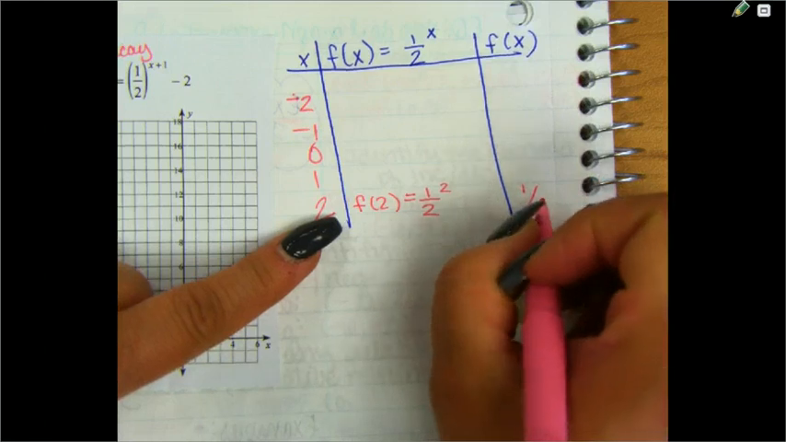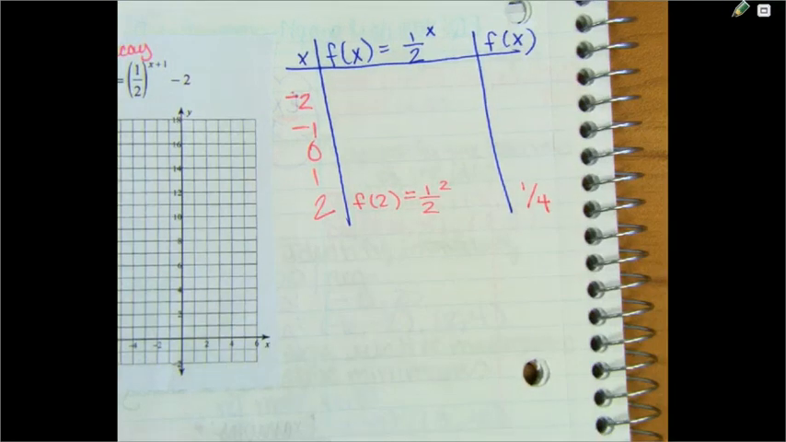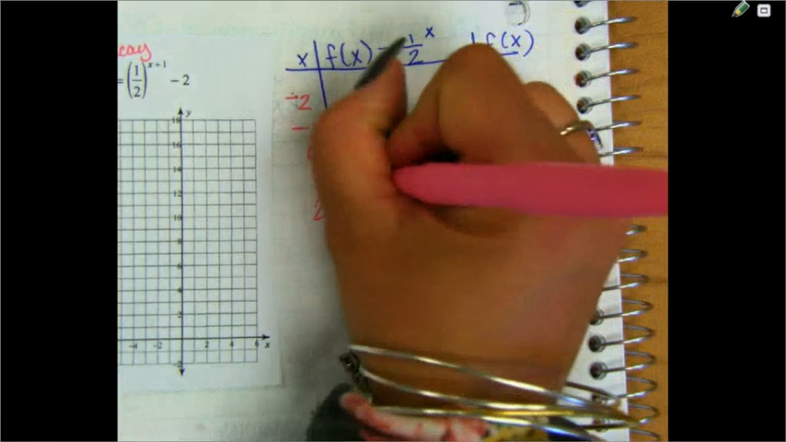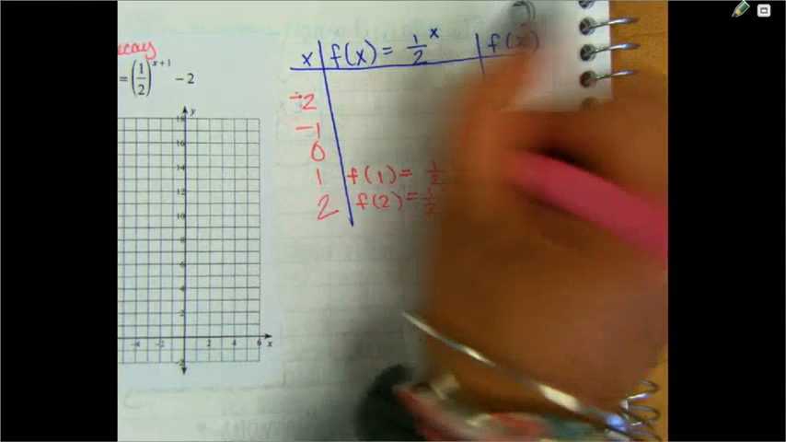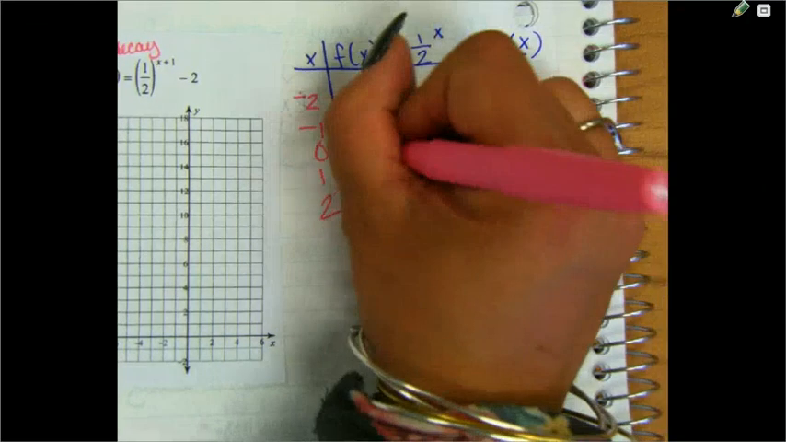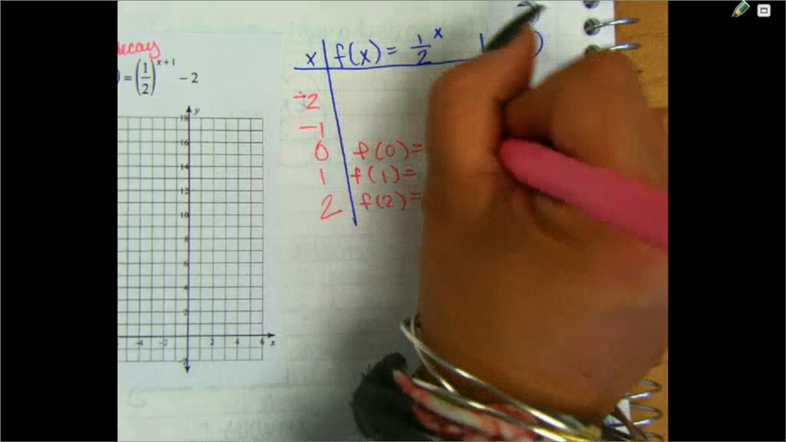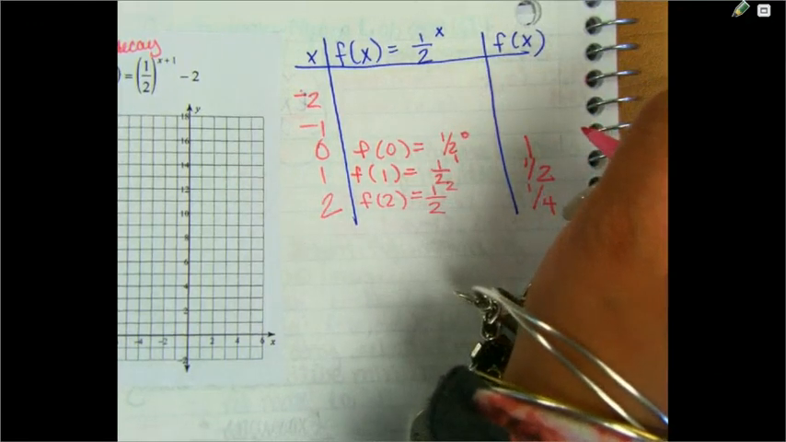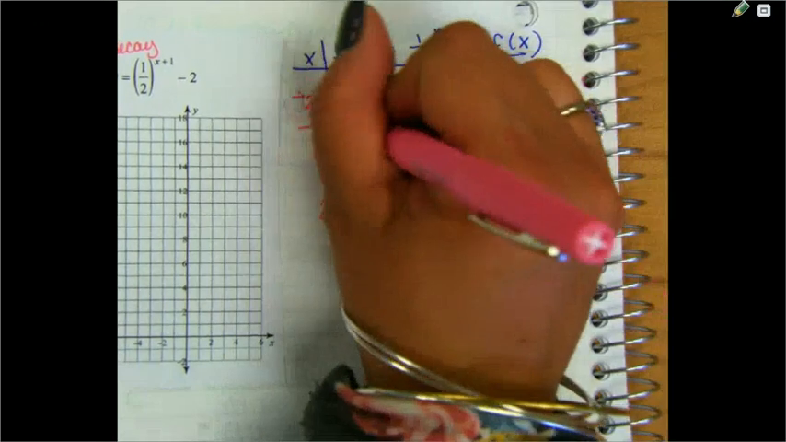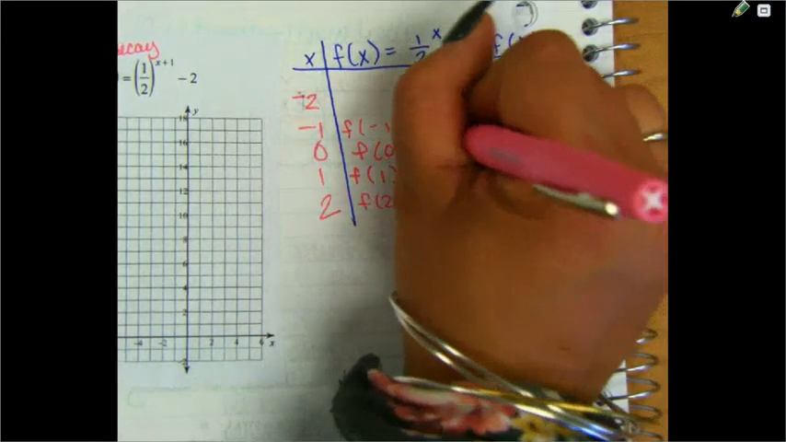1 what? 4th. 4. Remember, what does it mean to be squared? 1/2 times 1/2, which is 1/4. Now it makes sense. F of 1 is what? 1/2 to the first power, which is 1/2. F of 0 is 1/2 to the 0 power, which is 1. We just went over that on the board. 0 is always 1. Okay. F of -1 is 1/2 to the -1, which is